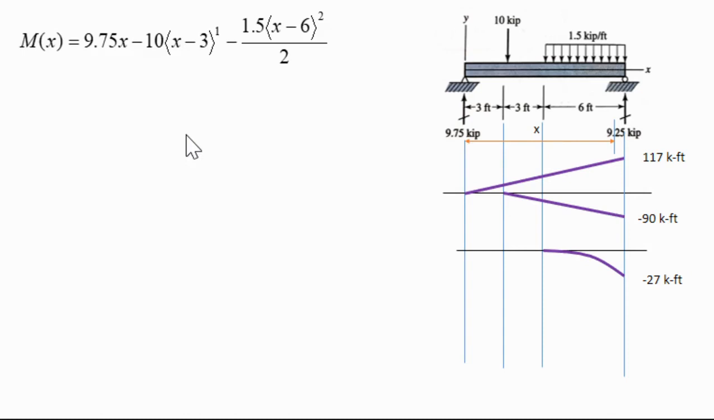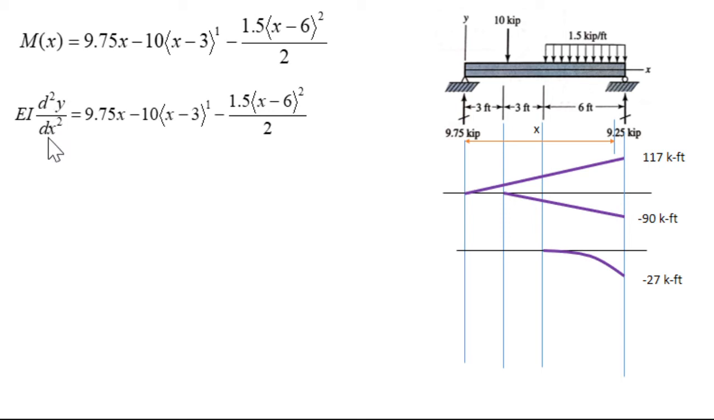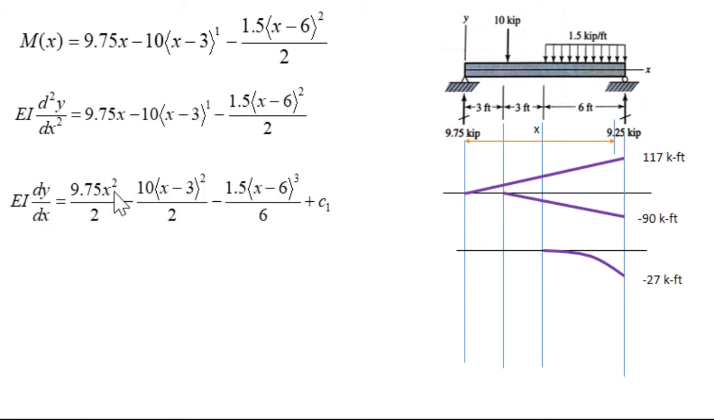So generally, EI multiplied by d square y divided by dx square equals M. So write this expression: EI d square y divided by dx square equals M. This is the moment expression. Now integrate one time, you will get the slope expression. You integrate one time, this is 9.75 x square divided by 2. This way you can write, just add 1 to the power. Here it is plus 1, so it will be 3 divided by 3 multiplied by 2, it is 6, and